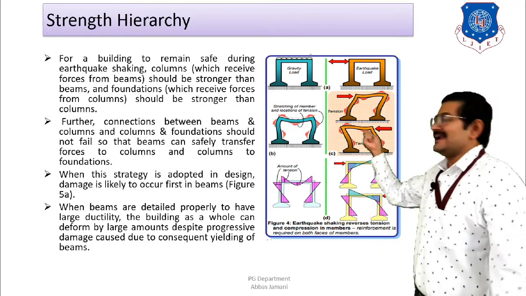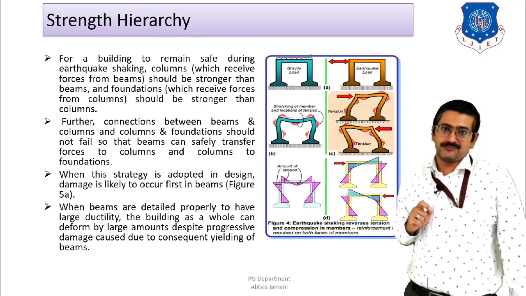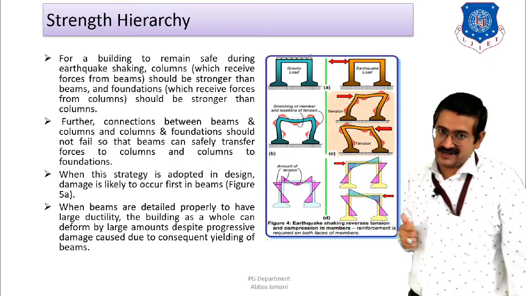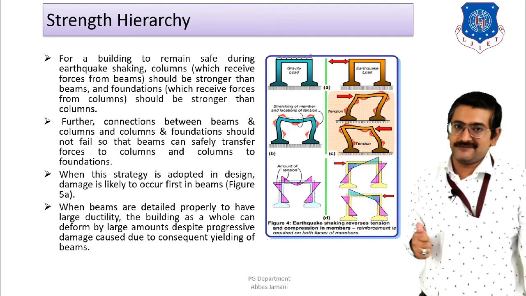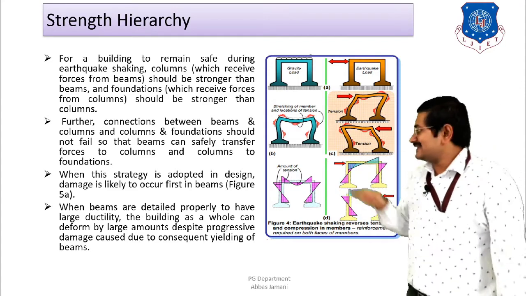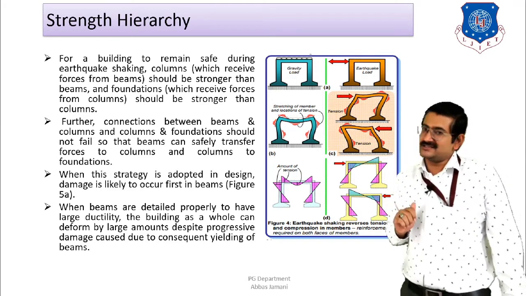So in the second case that is shown in the figure over here, only horizontal load is applied to the portal frame, and that horizontal force is applied from left direction to the right. So it is applied from the left to right. When this particular force is applied from left to right, the portal frame will undergo horizontal sway or horizontal displacement, as you can see in this particular figure.